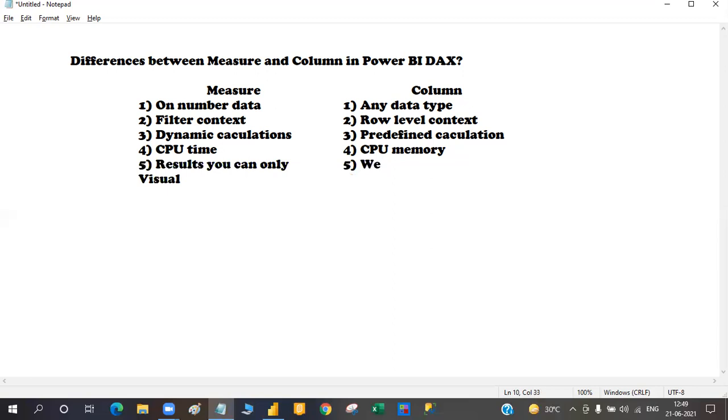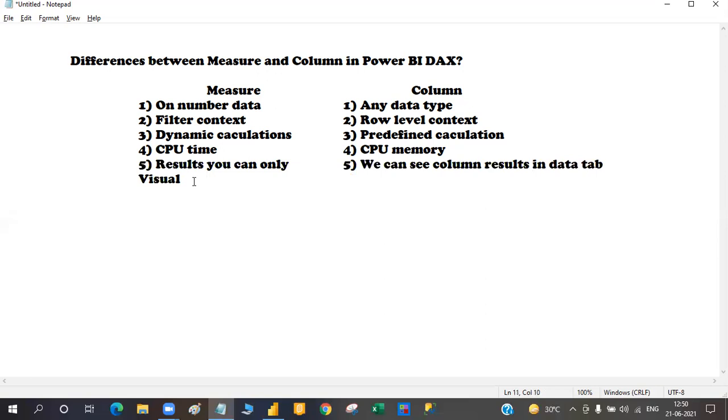I will open Power BI and show all these points. We can see the column results in the data tab.